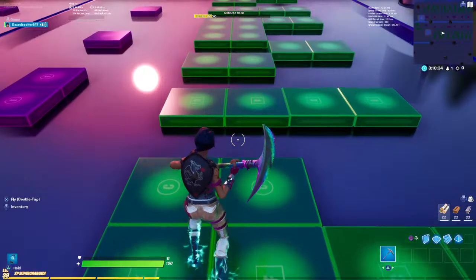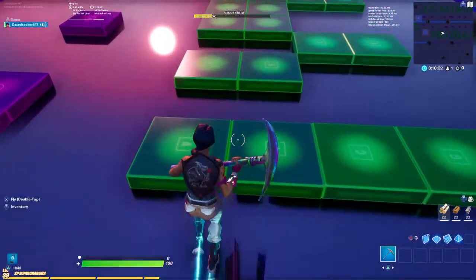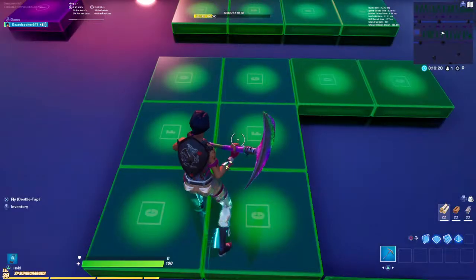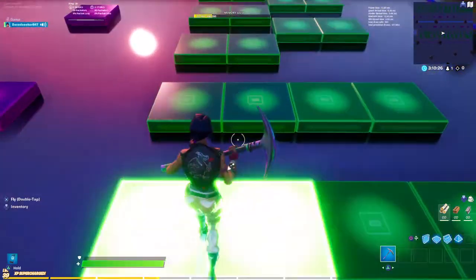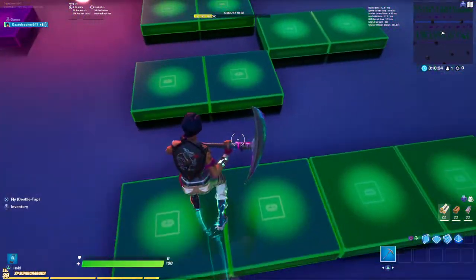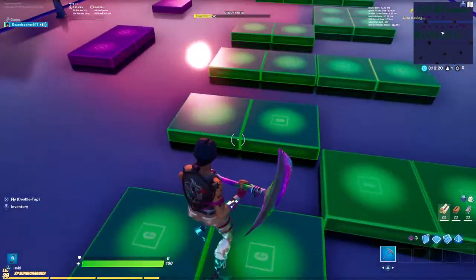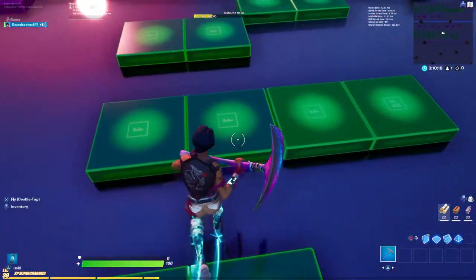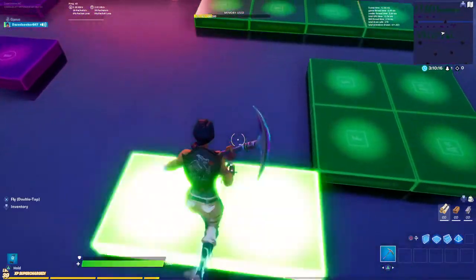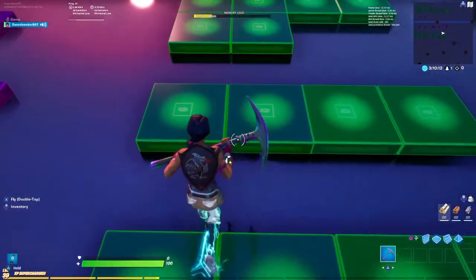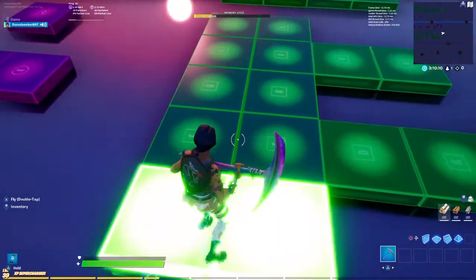F square, the C circle, 1 block space, A square, 1 block space, A square, 1 block space, G square, then F square, then G square, 1 block space and G square, 1 block space and G square, 1 block space and G square, 1 block space and G square, 1 block space and F square, 1 block space and F square, 3 block space, then G square, 1 block space and G square, 1 block space and G square,